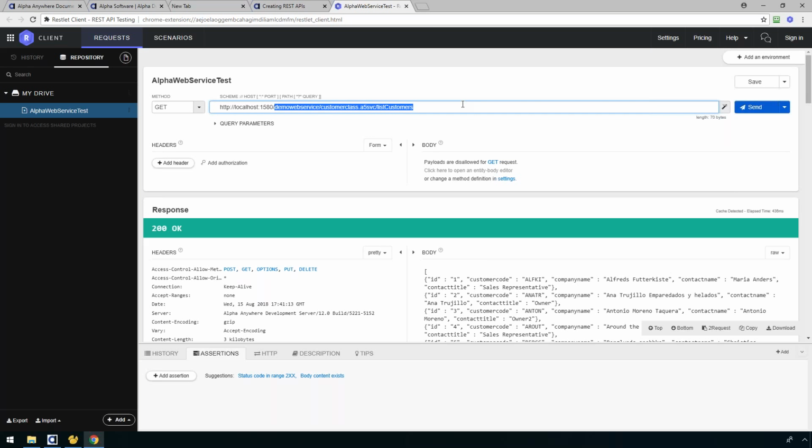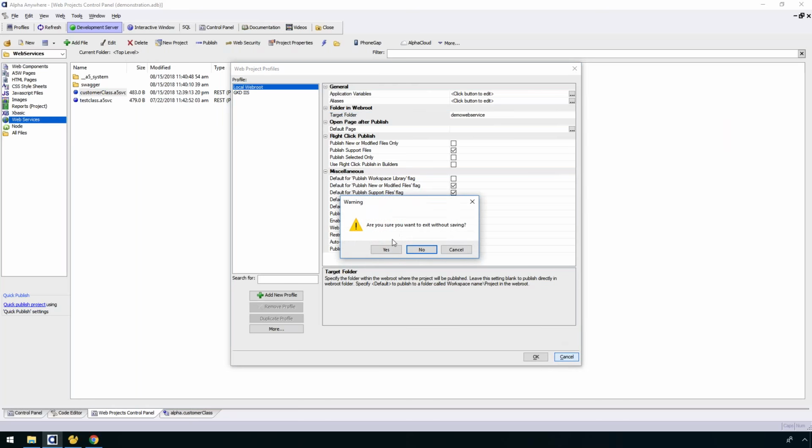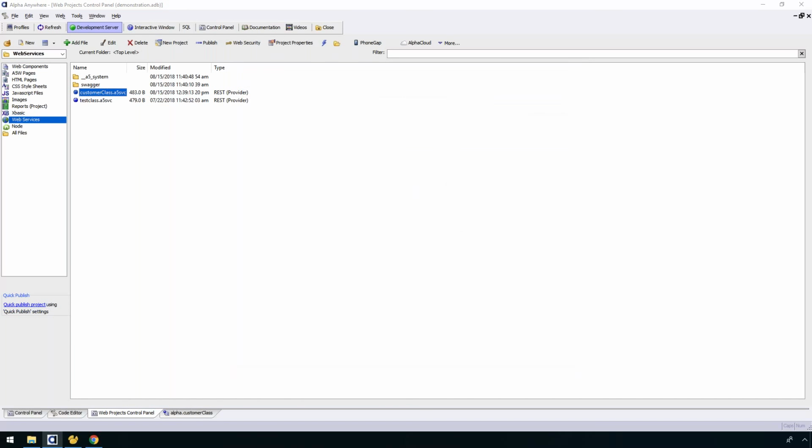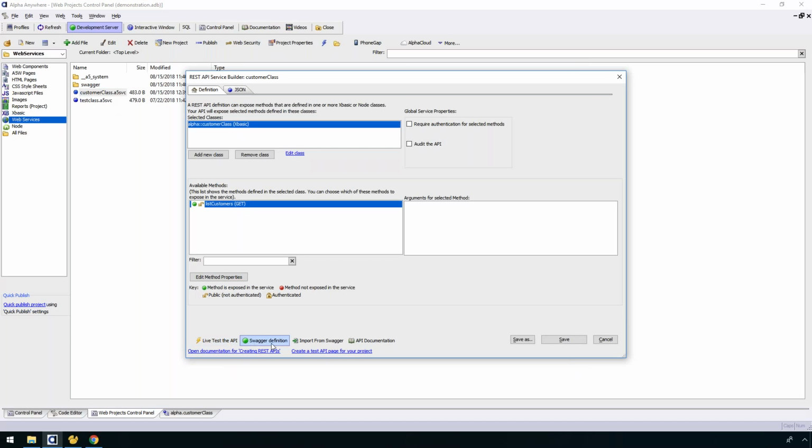So as you can see, if I had not been yakking along all this time, I could literally create an Xbasic class, read some data out of a database, create a web service in about 5-10 minutes, deploy it, and it's ready to go. And most importantly, when I create my service class here, I can actually give people the API documentation, either in HTML format or give them a URL, and they would be able to quickly build on top of this and understand how to call this web service and what to expect to get back. And there's a lot of other functionality in there we'll cover in the near future, but that's really the process,